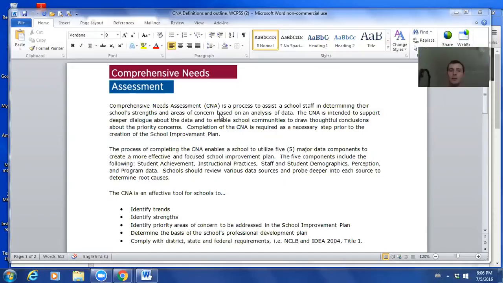The data I'm using is from the other school I was at last year. I was split between two schools, so I was doing the SIAP on the school I'm no longer at, but he did share the data with me. So I got my hands on all of that to be able to complete that assignment.